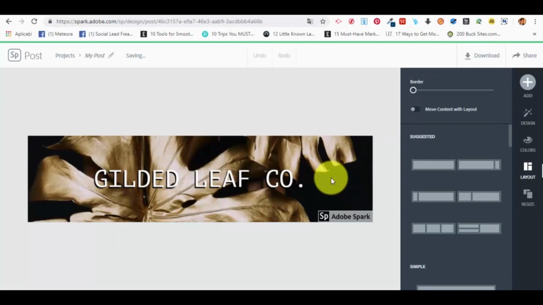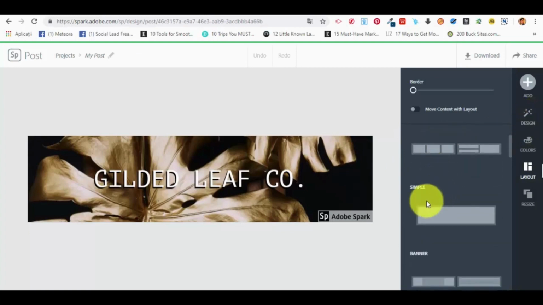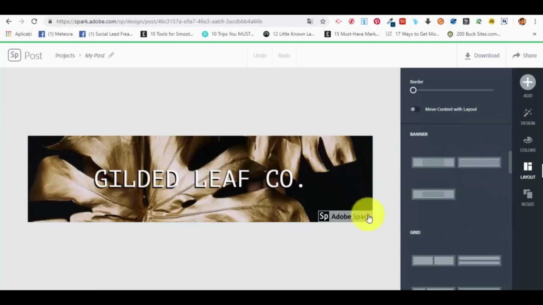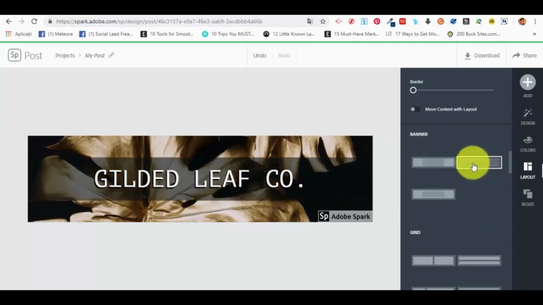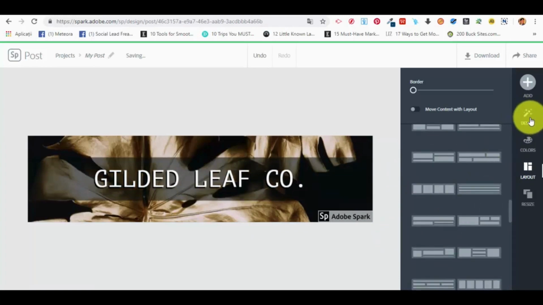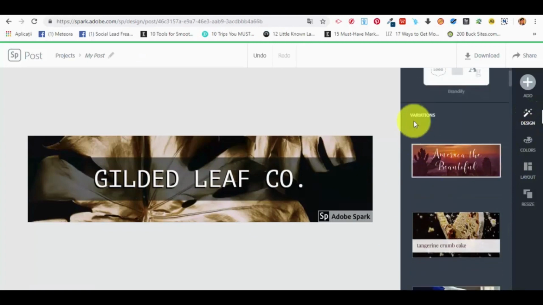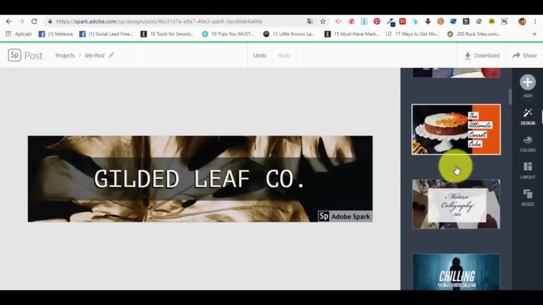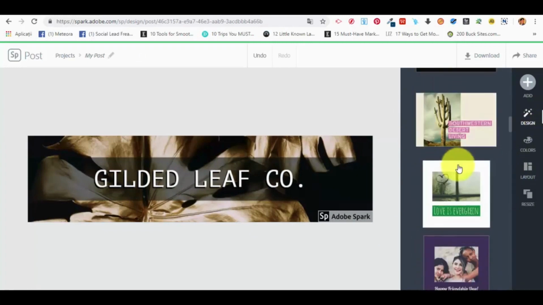This is how it's going to look like. As for the designs that you have previously seen and that we have previously created, you will see that it's very similar. Again, what will be different are the designs, variations and templates, and also the way we can change the layout. Now let's select something different for this one, like this banner type of layout. Now let's see what type of designs we have. And we have a few very interesting variations. Now let's select one of them,